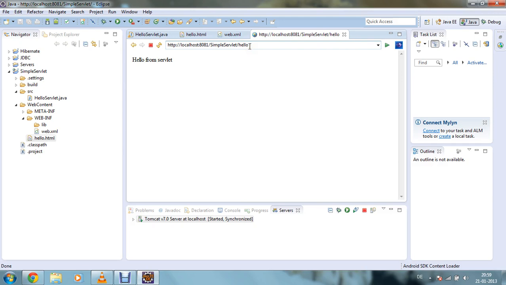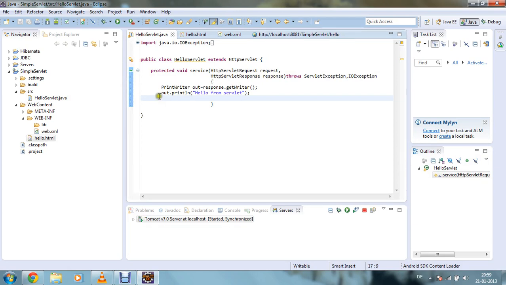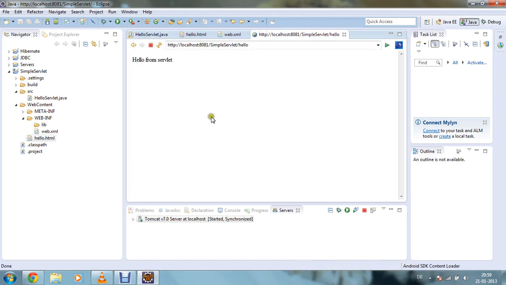You can also omit the URL pattern, but I have declared it because I want to show you that my servlet is being connected to my HelloServlet class when I deployed it in my localhost. This is the output from Hello from servlet. You can see the output that I have written in my servlet class, that is out.println Hello from servlet. So this is printing.